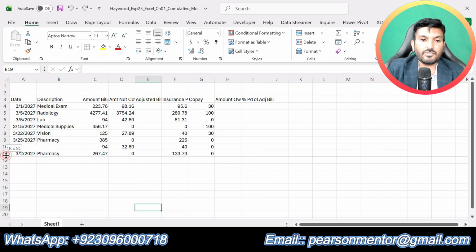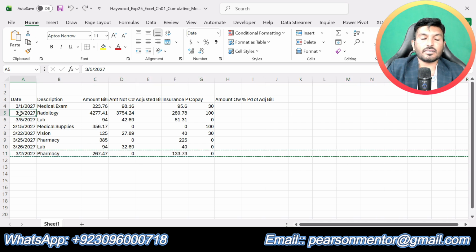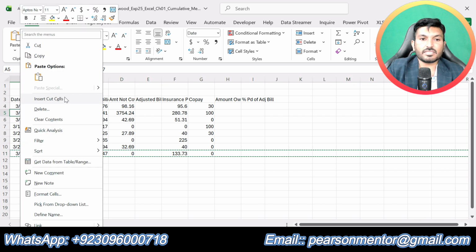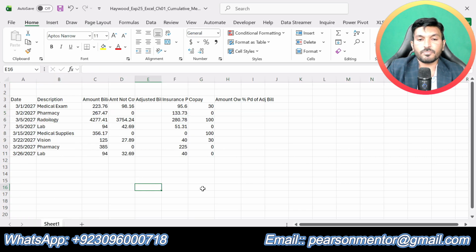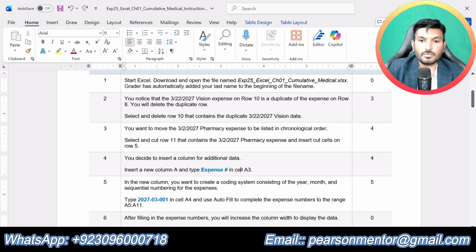So select row 11, cut it, click in cell A5 and paste using Insert Cut Cells. So that is all about step number 3, where we were supposed to cut row 11 and then paste it on row 5.